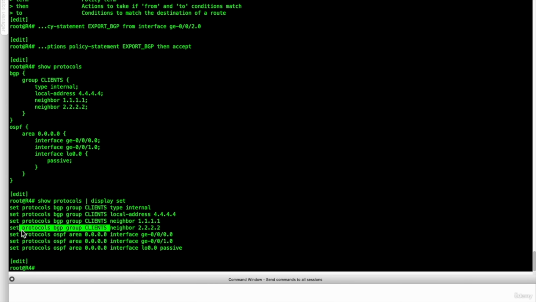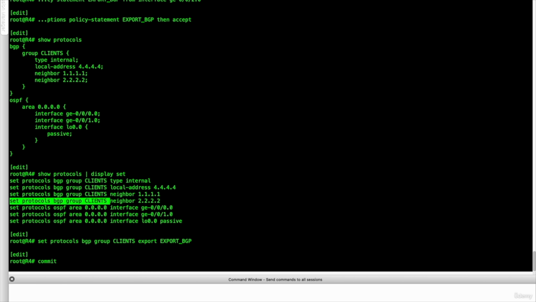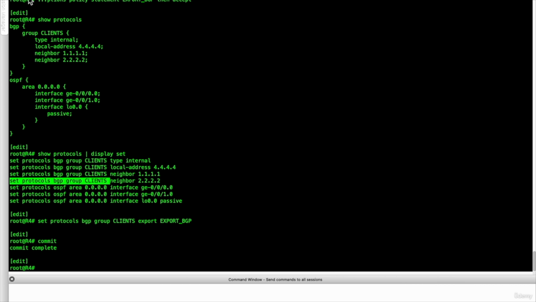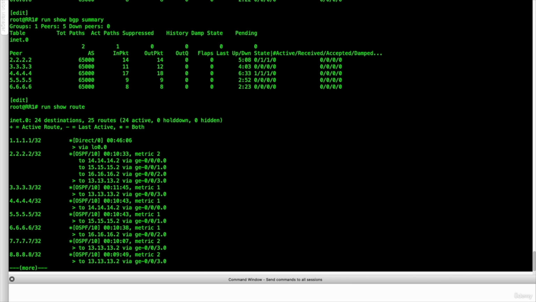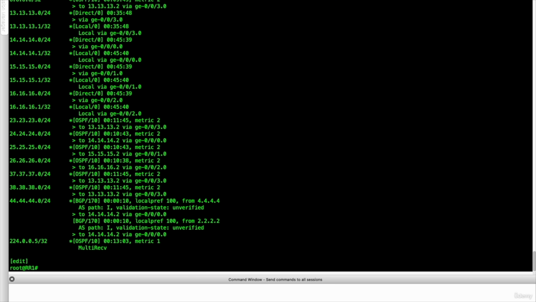And export. Let's go on RR1 and see if we are receiving something. And yes, we are receiving, run show route. We are receiving this route,